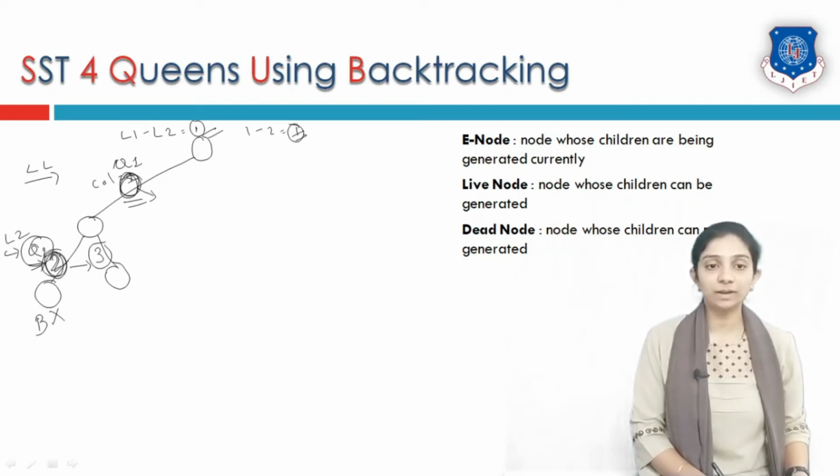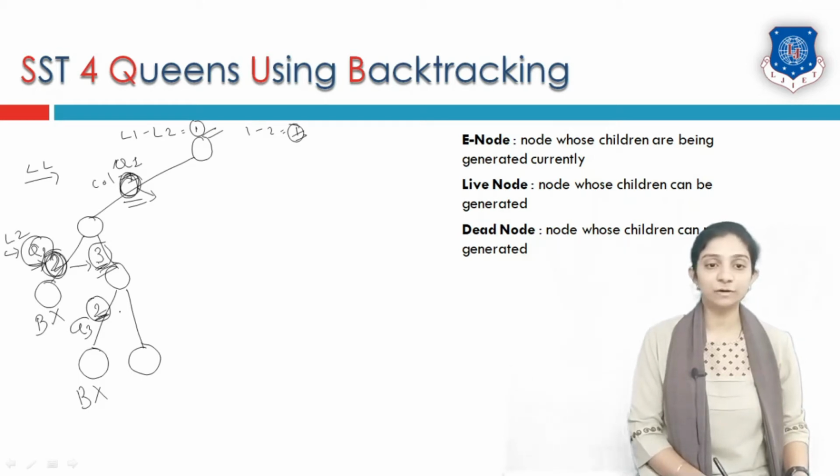If column 1 and column 3 are occupied, for queen number 3 we must choose another column, that is not 1 and not 3. So we will start with column number 2. Now the difference between these two levels is 1 and the difference between these two column numbers is also 1. So we must bound this particular node and try a different branch. So if column 1 and 3 are occupied, and column 2 is not working, then we are left with column number 4. Now this is our level 2 and this is level 3.